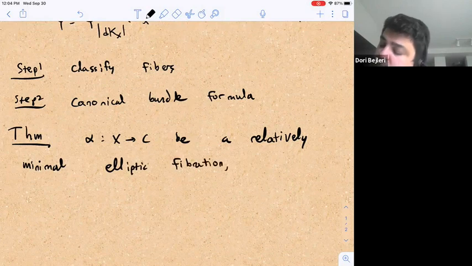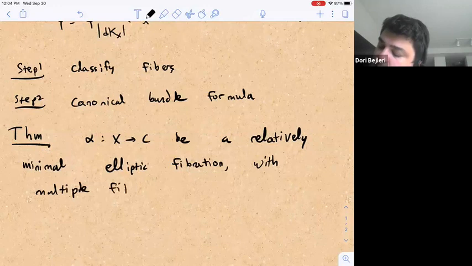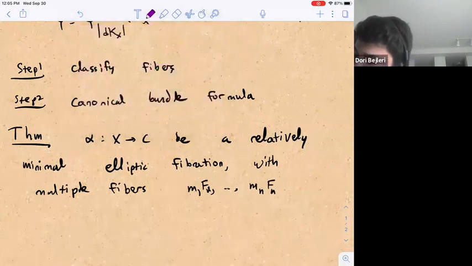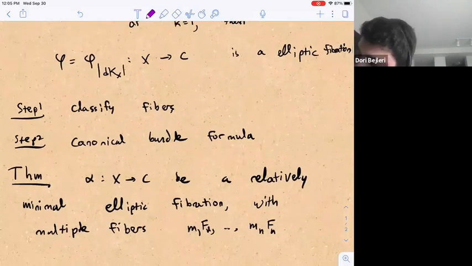And suppose that there are multiple fibers M1 F1 through Mn Fn. So these multiple fibers were fibers of the form take some